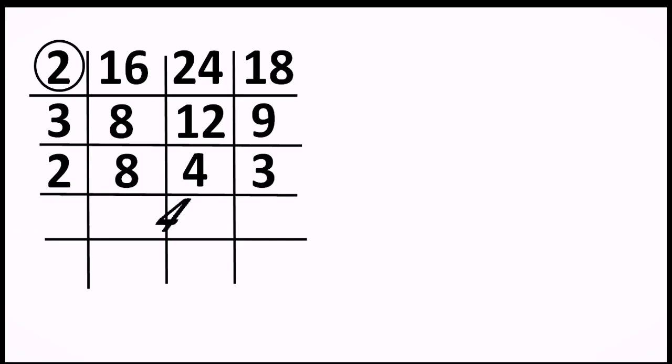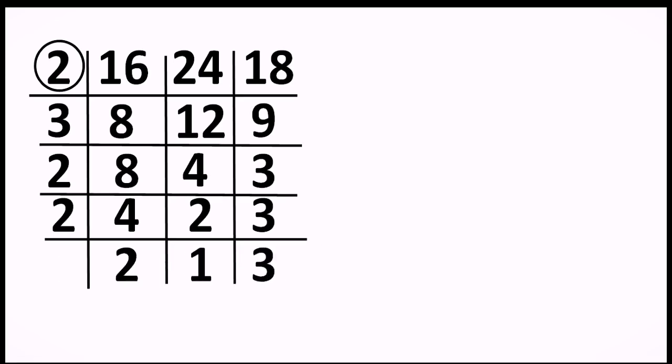So when 8 is divided by 2, we get answer 4. When 4 is divided by 2, we get the answer 2, and 3 will be written as it is. So one more layer is there in which 2 numbers are even, there is 4 and 2, so of course we are going to choose 2 again, and the moment you divide all those numbers, you are left with 2, 1 and 3 as a bottom layer. Okay, so prime factors are found clearly.